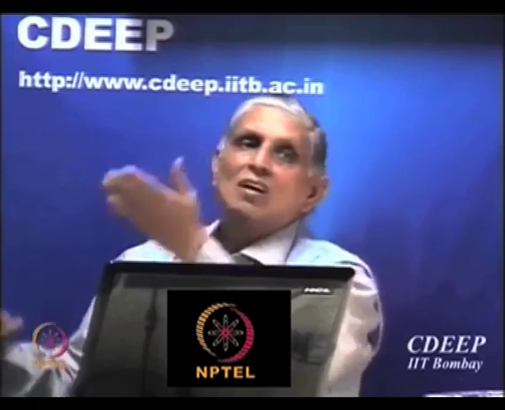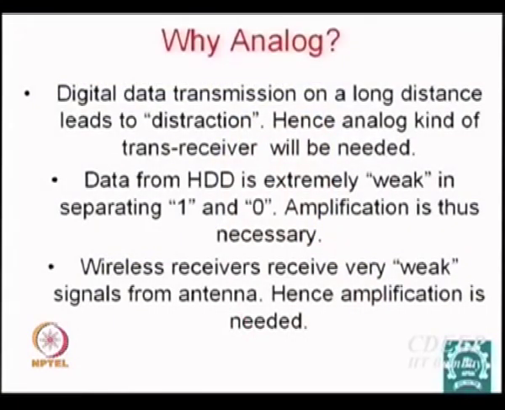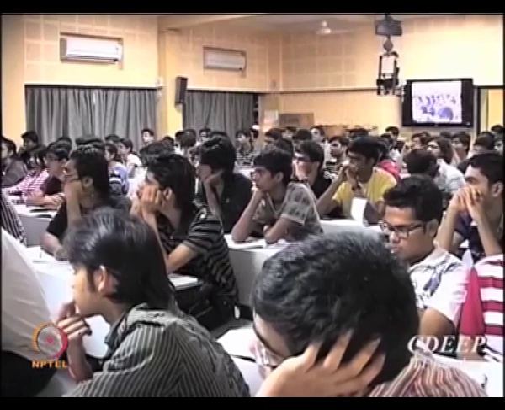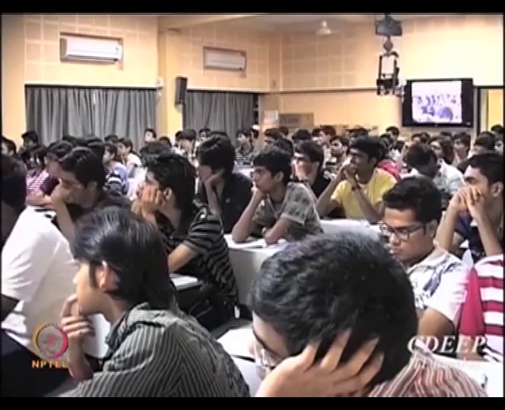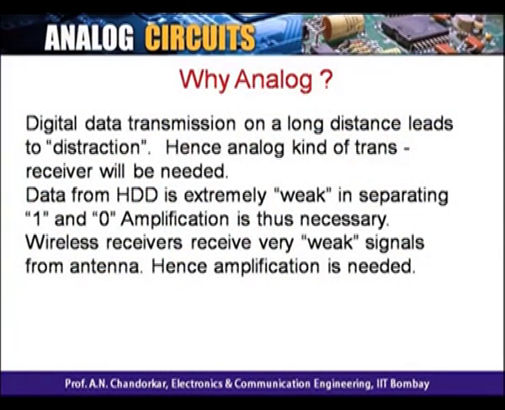But for short distances, why do we have a cable, why not use transistors which are far superior in performance? So at least locally we may come back to analog transceiver systems for their fidelity, best performance and sensitivity. For example, in a normal hard disk there is a very small signal, and very high speed discs have come, so you now need something to amplify that. Similarly for wireless, even for normal digital data, the antenna signal you receive depends on how far you are from the tower.